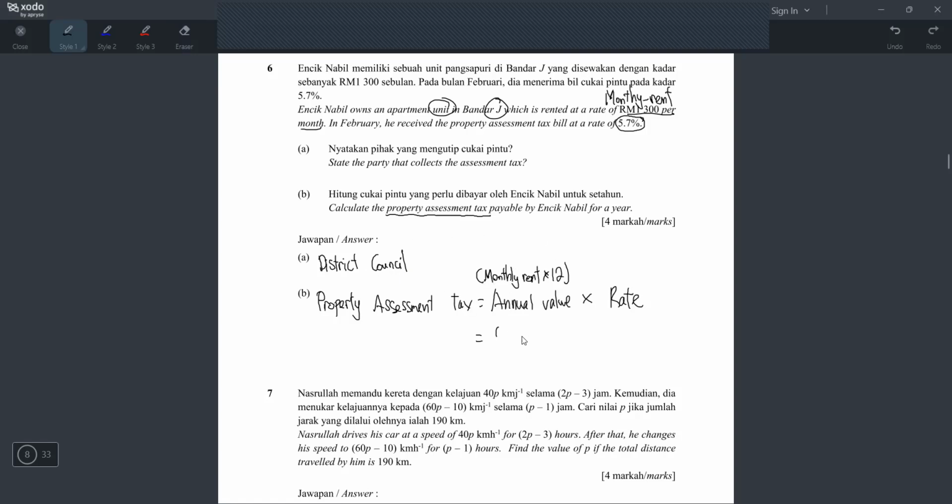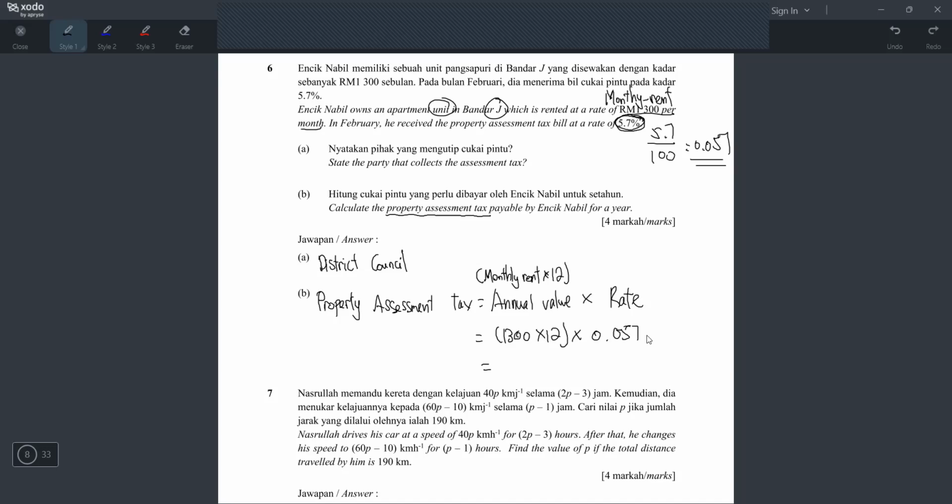So this is actually 1,300 times 12 first, and then multiplied by the rate in percentage, 5.7%. I have said this many times in all my YouTube videos: you must know how to convert percentage to decimal. 5.7 is not 0.57. Hey, come on. You have to divide by 100, so it's 0.057. How to convert? Just press 5.7 divided by 100 in your calculator and let your calculator do the job for you. So it's 0.057. Now press all this and you should be able to get the answer: 1,300 times 12 times 0.057.